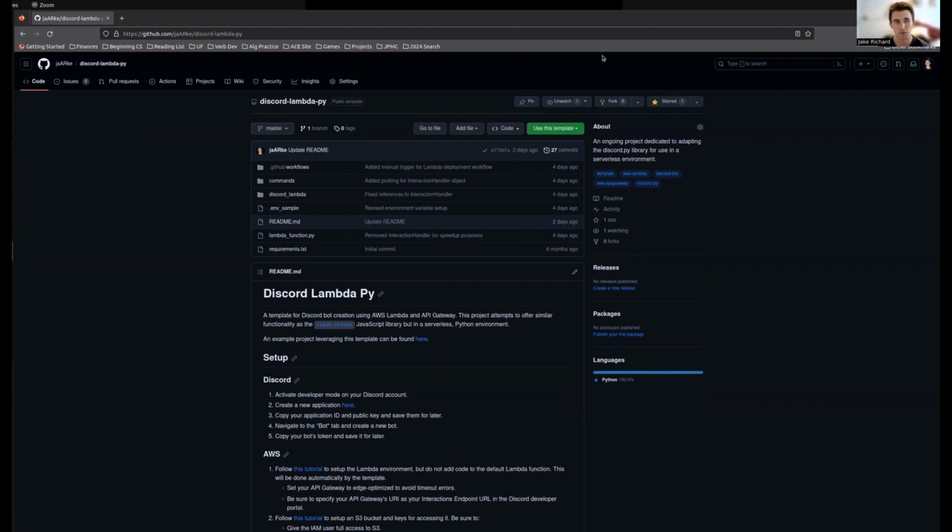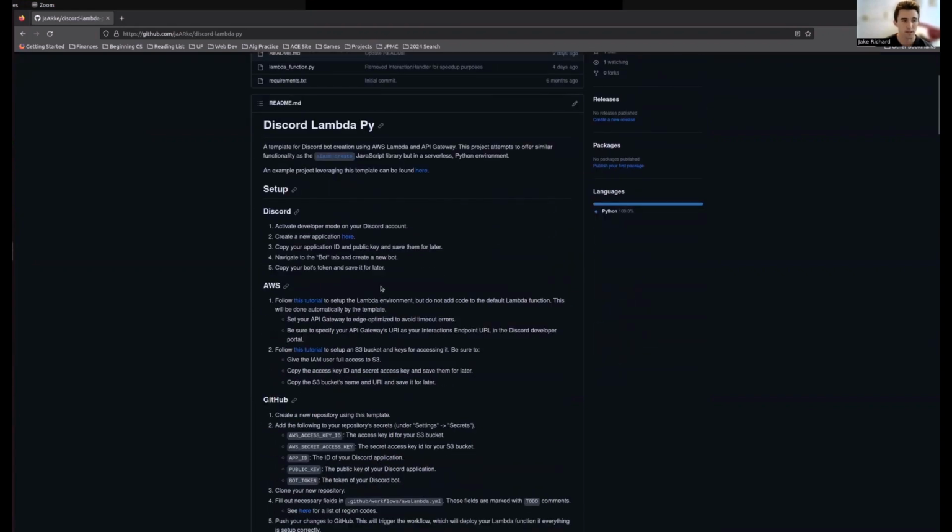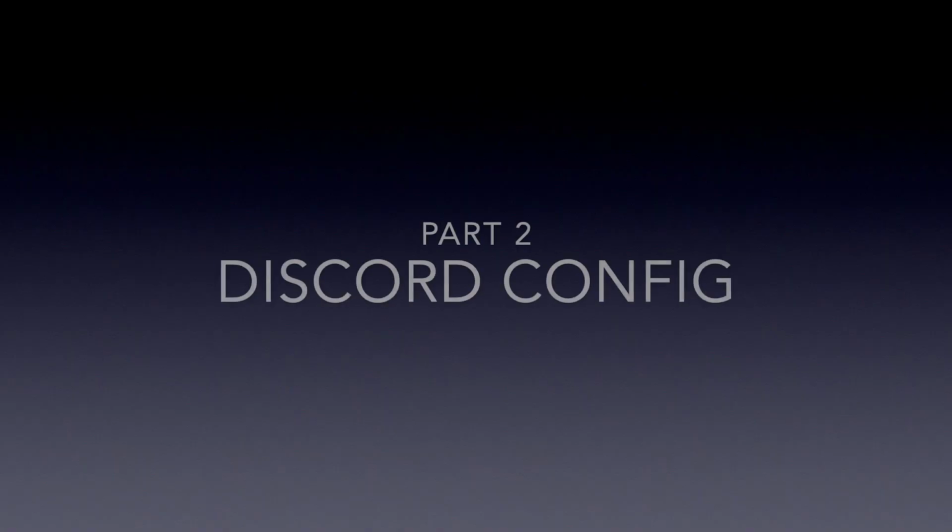This template might be useful for anybody hoping to create a custom Discord bot capable of responding to slash commands without having to deal with the maintenance and the cost of an always-on server. During this tutorial, I'm going to describe in detail the setup steps contained in the project's README to teach you how to get started using the template and building out your own commands.